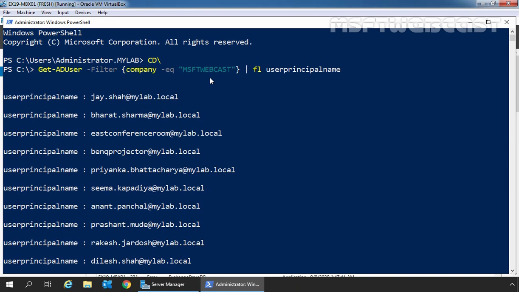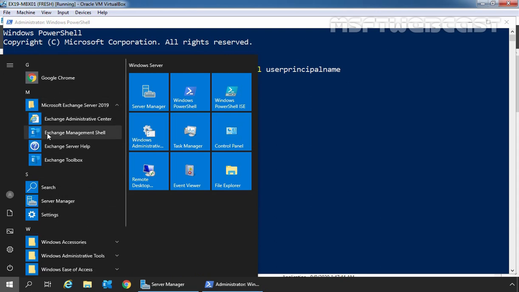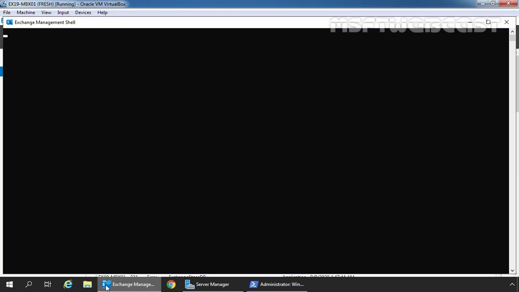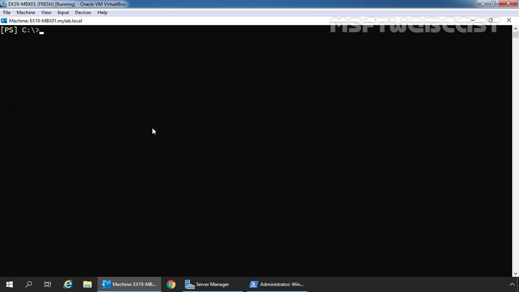Remember, we can only use the Exchange Management Shell to create, modify, remove, and update global address lists. So on the Exchange 2019 mailbox server, we need to open Exchange Management Shell. For that, you can click on the Start button, then click on Microsoft Exchange Server 2019, and then click on Exchange Management Shell. Already I have pinned Exchange Management Shell to our taskbar. Let's open it. Let's type the command cd / and let's clear the screen as well.